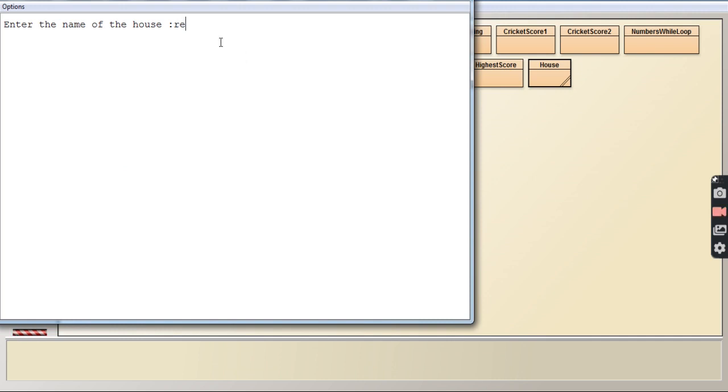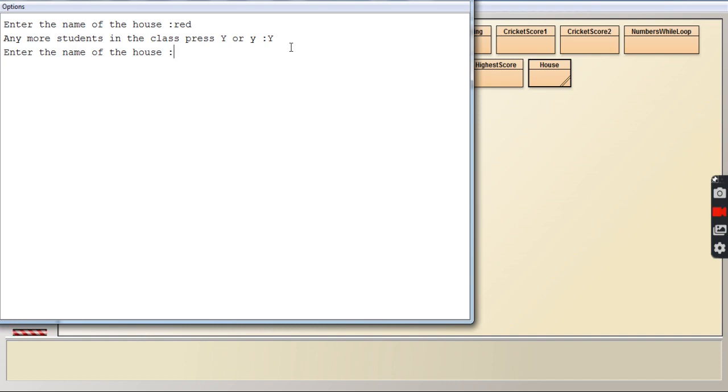Now let's say I entered red. Red is there, it got calculated. See, it is asking you any more students in the class. Press Y or y, uppercase Y or lowercase y. So you press anything. Let us say I have given uppercase Y. I'll press enter. It goes and asks you to enter the name of the house.